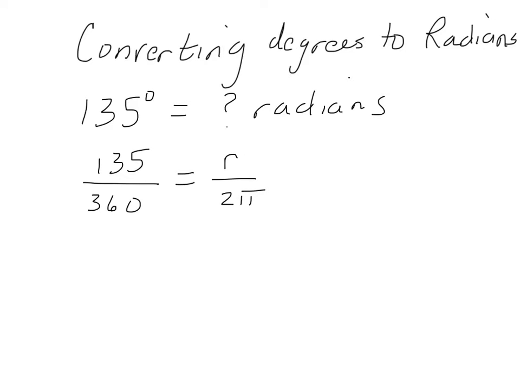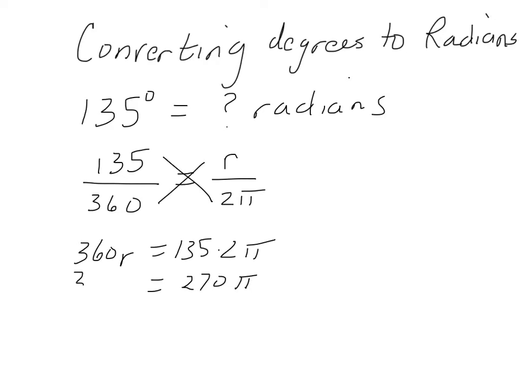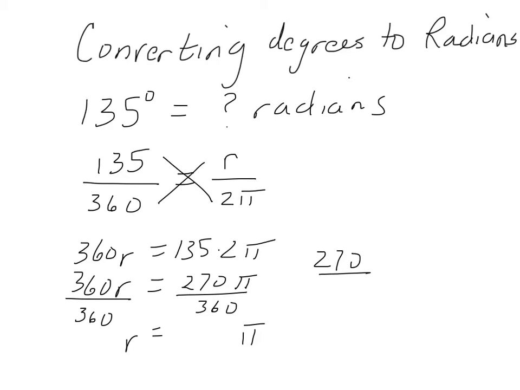radians. I cross multiply, so I'd have 360r equals 135 times 2 pi, or 135 times 2 is 270 pi. I'm going to keep pi in my answer because that's how we usually see radians. And I'm going to divide by 360 to get r alone. So in your answer, you will leave pi in your answer, and you are just going to reduce 270 over